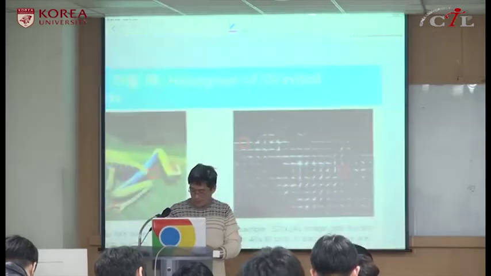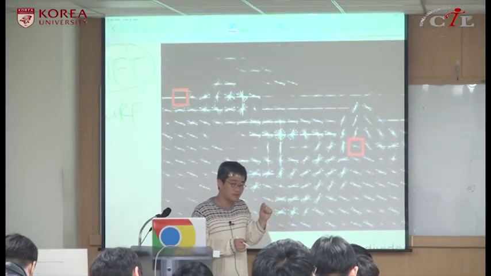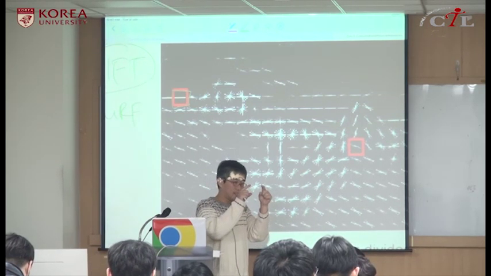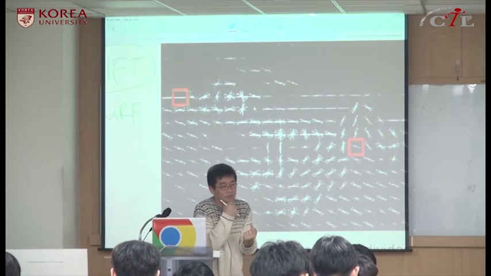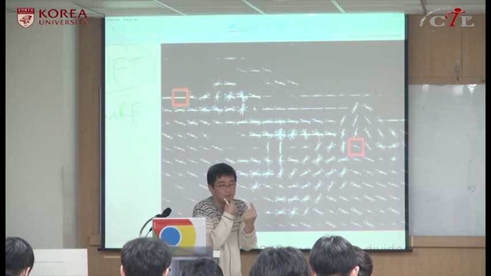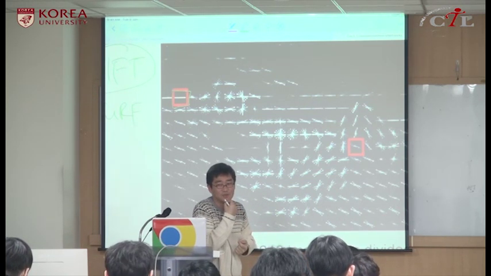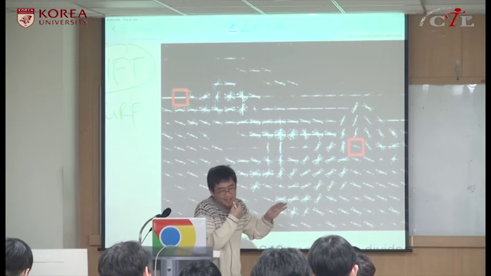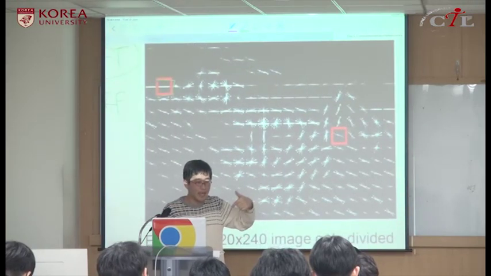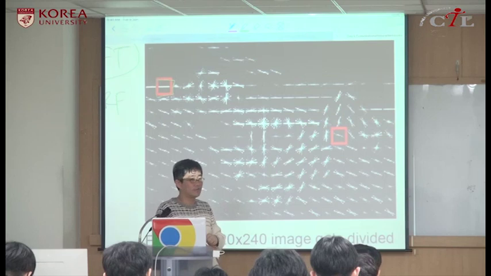It is a little bit more complicated than I just explained, because in a single patch, can we just compute the gradient at a center point? We can actually think of different positions and their gradients. There are a little bit more details, but let's imagine which edge directions are frequently found in